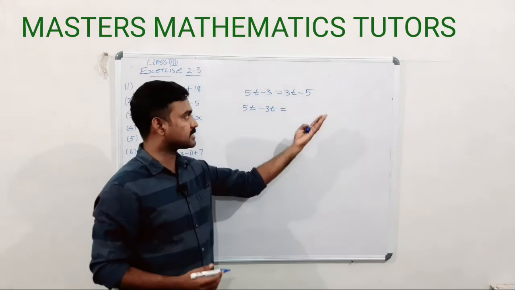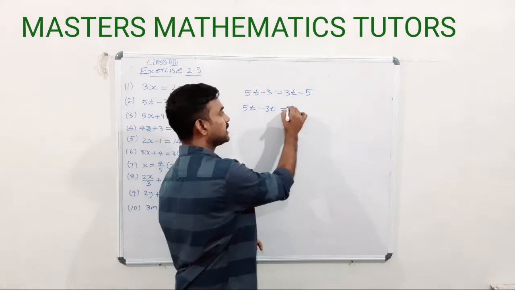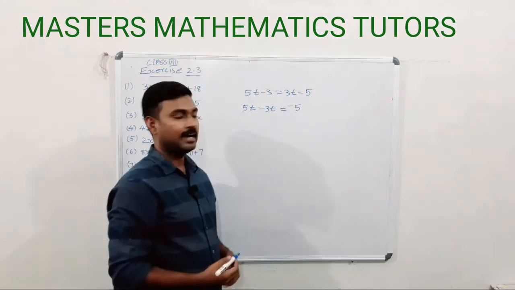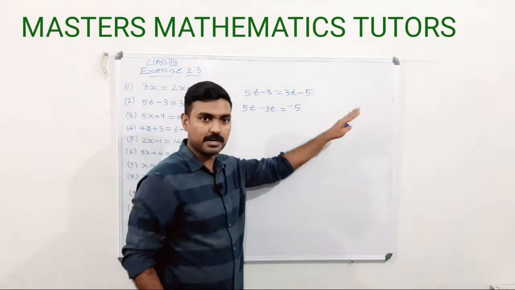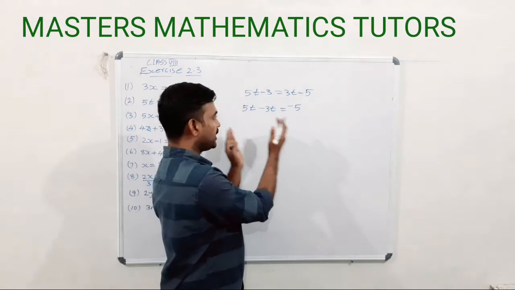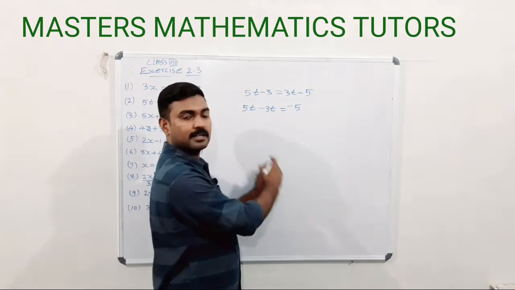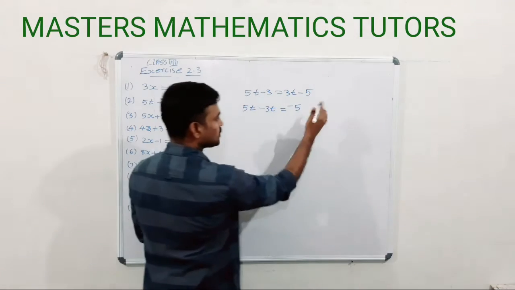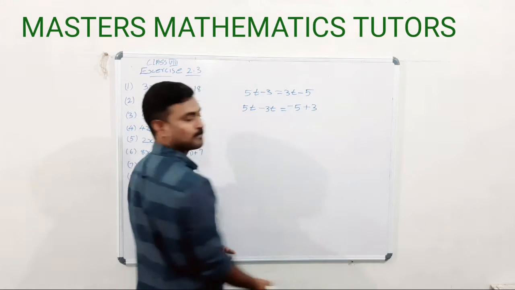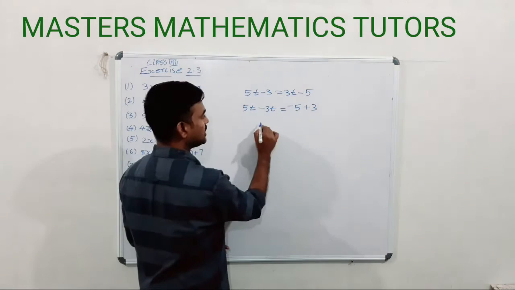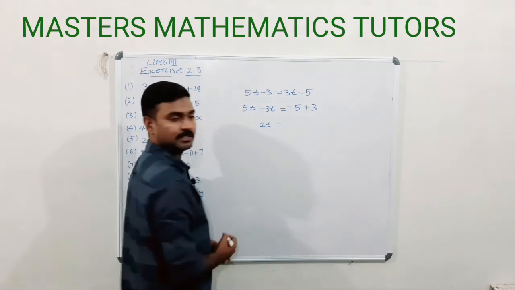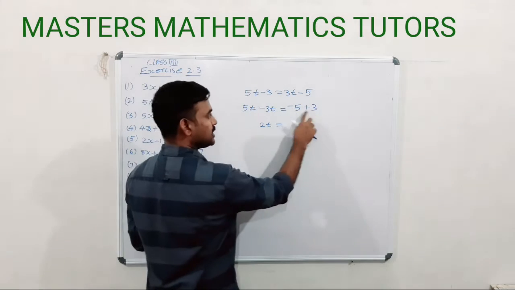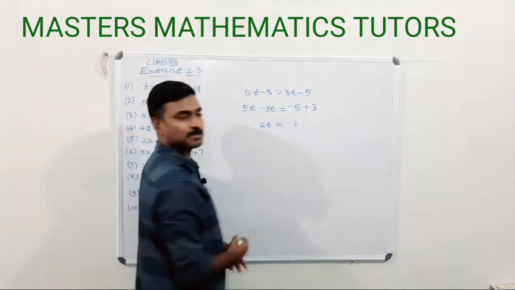So we get minus 3t which is equal to, what is on the right side? Minus 5 is there. That should be written first, minus 5. And this minus 3 is transposed to the right side, because all the variable-including terms are on the left side and all the remaining constants on the right side. So this minus 3 transposed to the right side will be plus 3. So we get 5t minus 3t is equal to 2t. 2t is equal to minus 5 plus 3 is equal to minus 2.